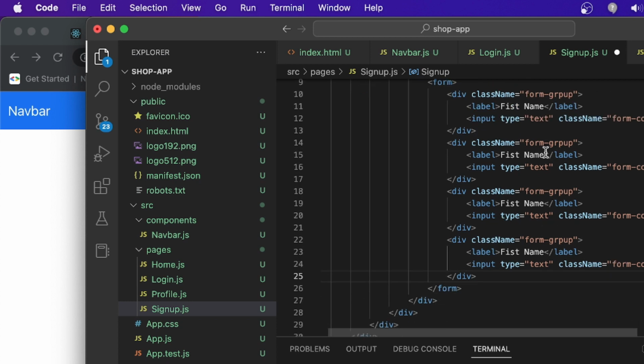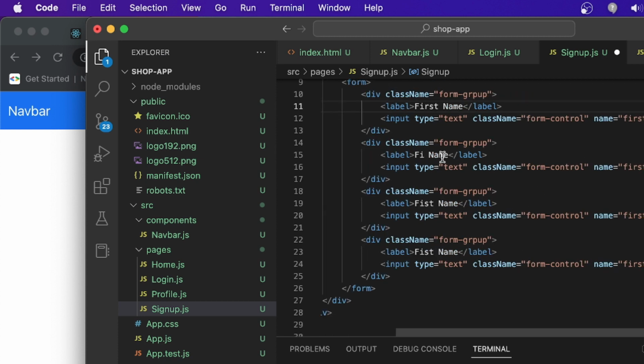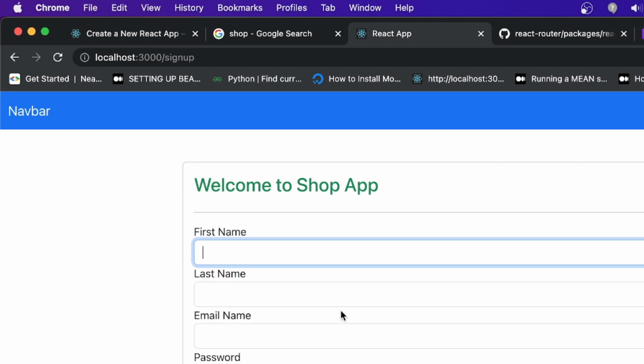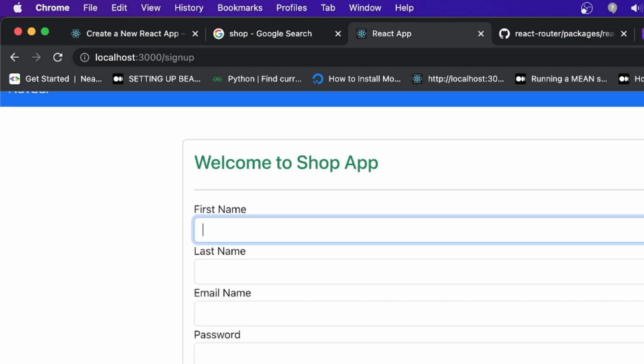Okay, so here, sorry, this could be the first name, last name, email, and password. Now this is looking like that. Okay,